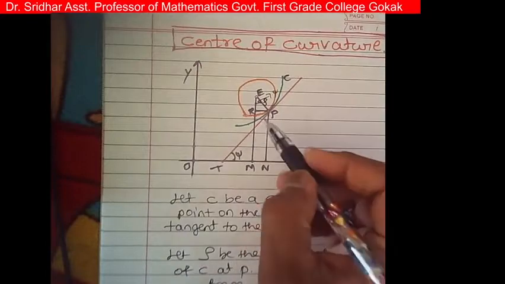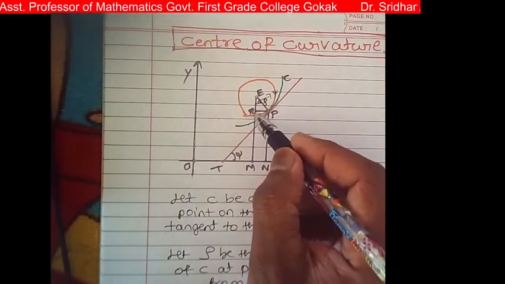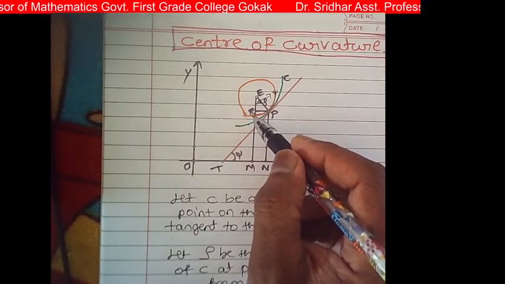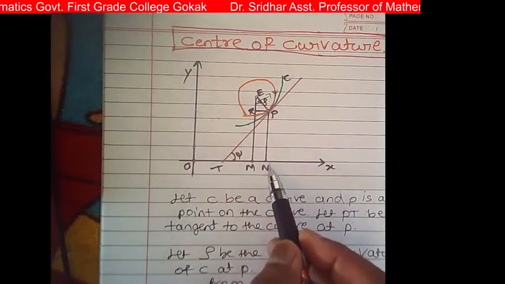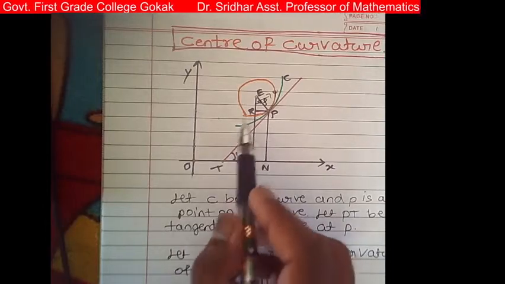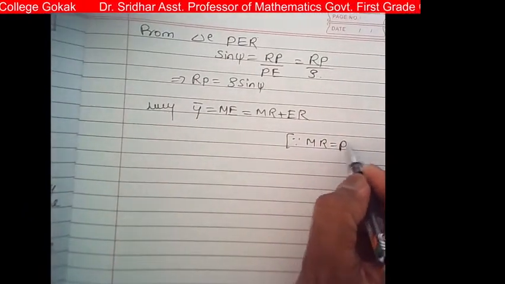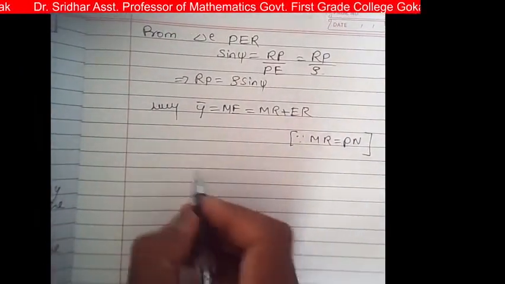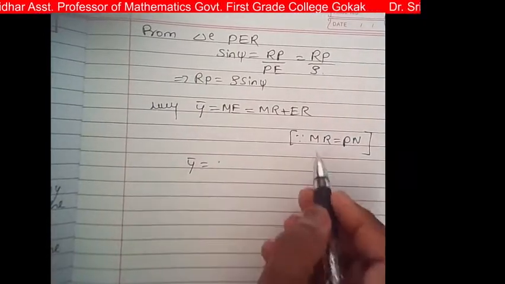Okay, so now here this is ME, so ME is nothing but MR plus PN... correct, so MR. Now this MR is parallel to PN, so MR is equal to PN. Therefore in this case MR is equal to PN. So now substitute here, y bar is equal to, so MR means PN